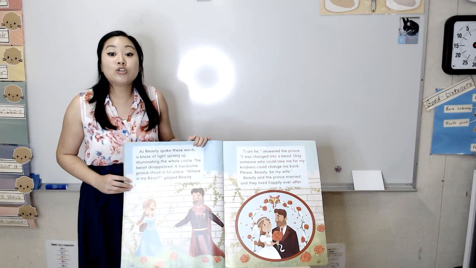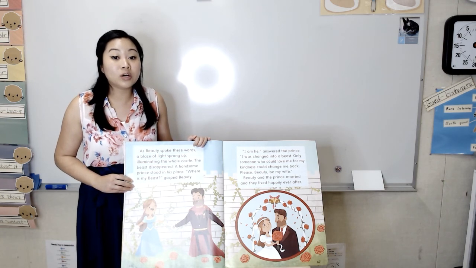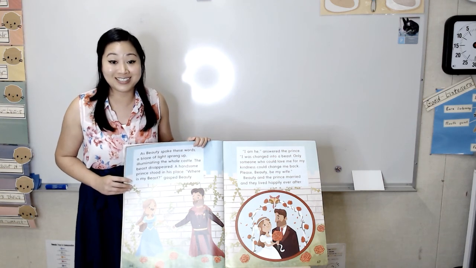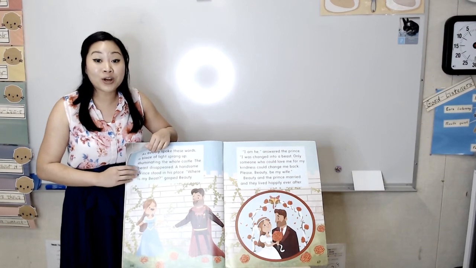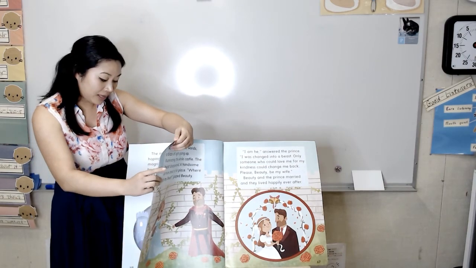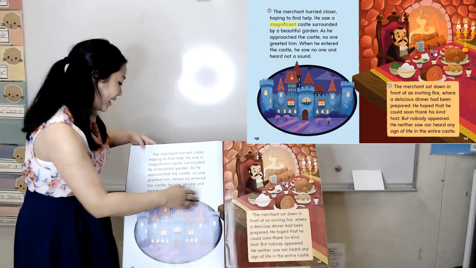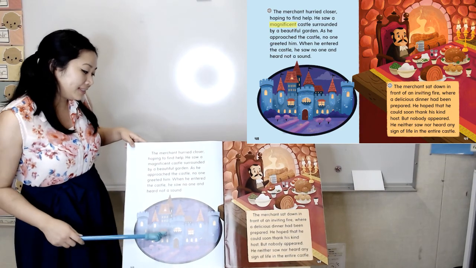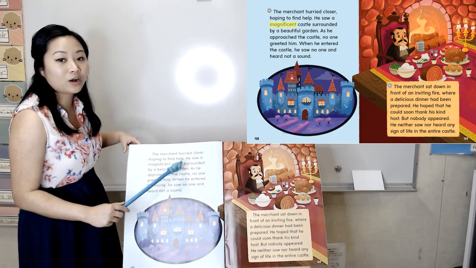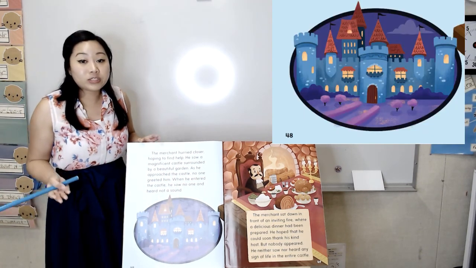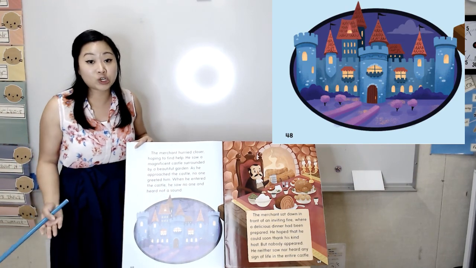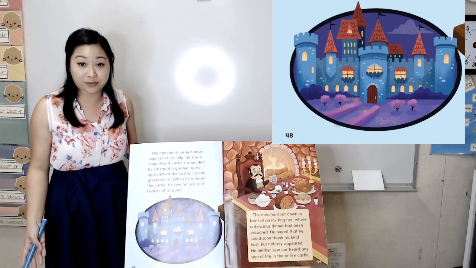Now remember, stories can help us learn and understand new words. Let's see how our story can help deepen our understanding of some new words. Are you ready? Let's look at the word magnificent. The word magnificent means beautiful and grand. And when I look at page 48, I see that it says, "he saw a magnificent castle surrounded by a beautiful garden." Now, I would understand that magnificent meant beautiful or grand because it does say beautiful, and when I look at the picture, it's beautiful and it's huge and amazing and grand.